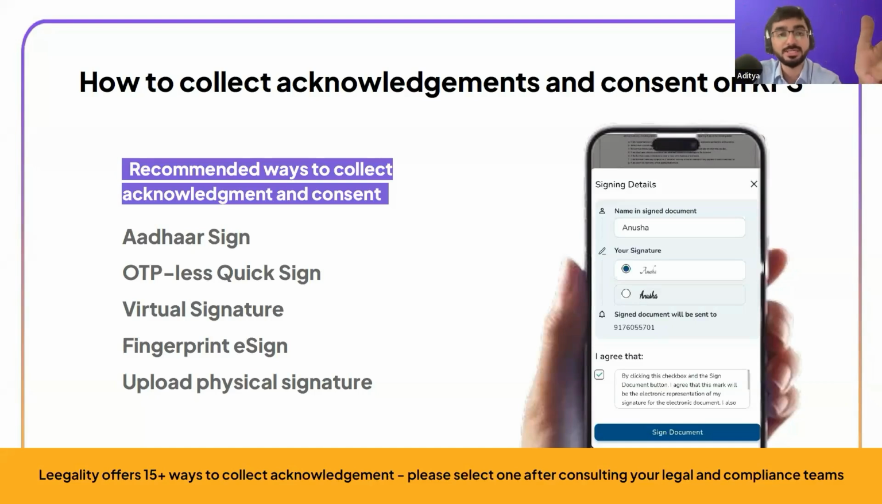The types mentioned on the list you see on screen are indicative. At Leegality, we provide you a way to do all types of these eSigns, all with a verifiable, auditable, enforceable audit trail. What method you choose ultimately depends on the risk appetite of your legal and compliance teams. All methods mentioned are valid, but they vary in terms of how easy they are to enforce in a court